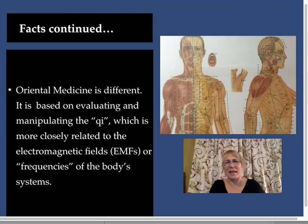Now, Oriental medicine is very different. It's more based on evaluating and manipulating the qi, which really is more closely related to the electromagnetic fields, also known as EMFs, or the frequencies of the body systems. See, it's a different science. It's more based on physics, not biochemistry. I believe this is where there's a lot of